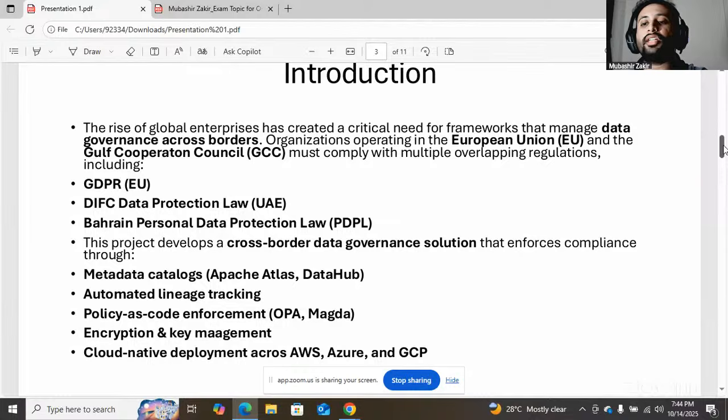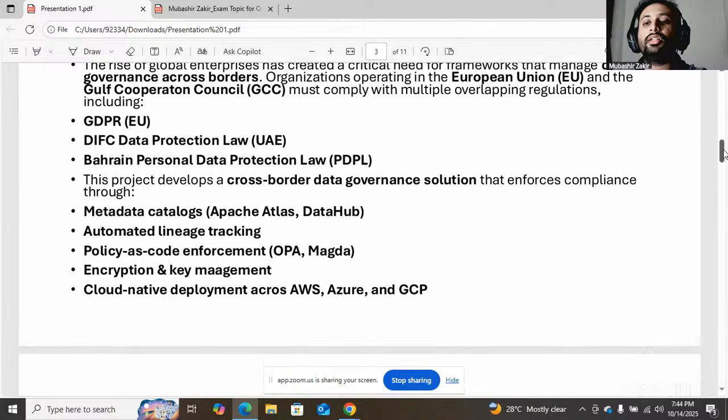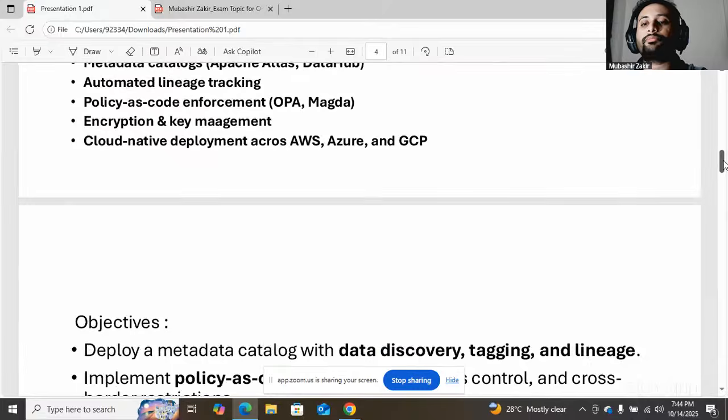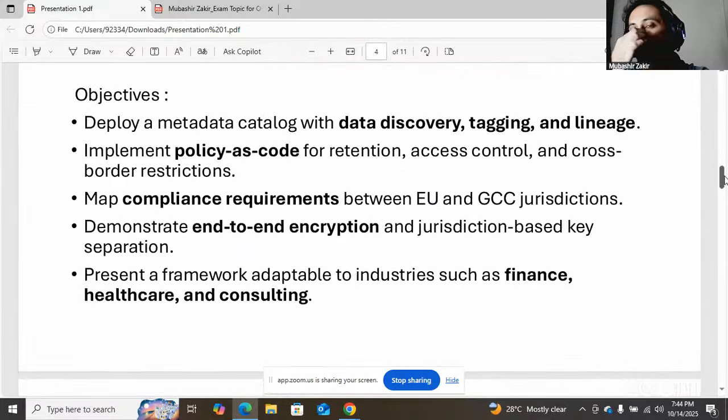Then we have policy as code enforcement tools like OPA and Magda. OPA is Open Policy Agent, and we will see later what the OPA does. Then we will do encryption and key management. And then we have the cloud native deployment across the cloud providers such as AWS, Azure, and GCP.